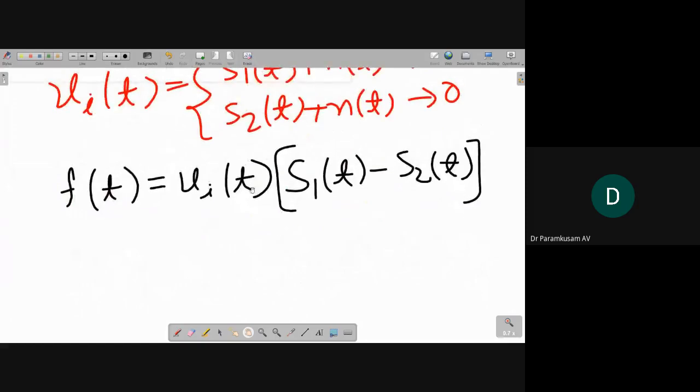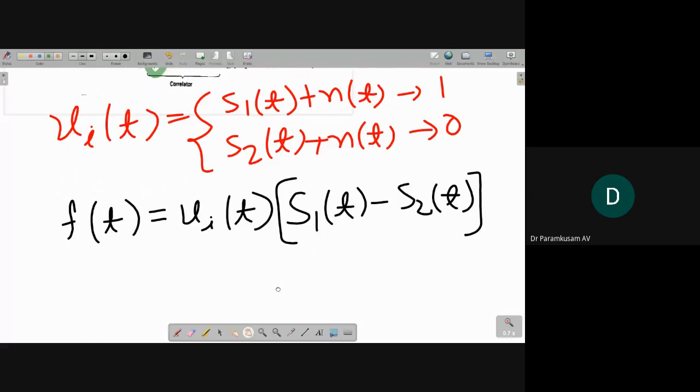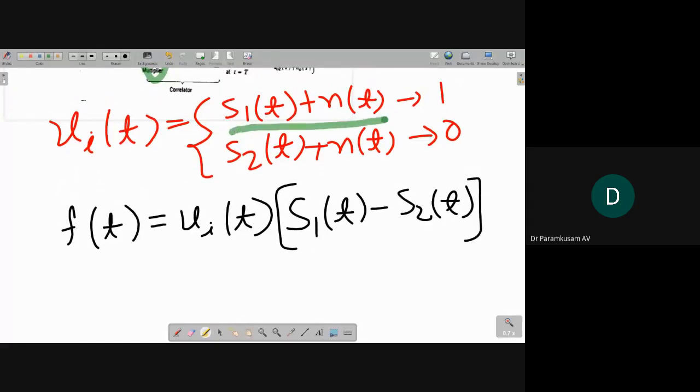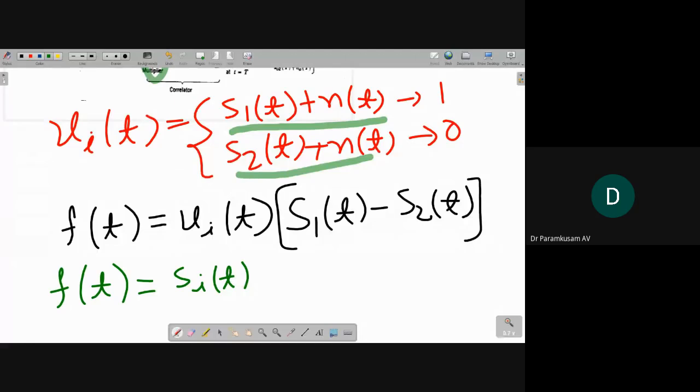So f(t) is equal to Vi(t) into S1(t) minus S2(t). But Vi(t) is equal to either S1(t) plus n(t) or S2(t) plus n(t), depending upon whether logic 1 or logic 0 is transmitted. Then f(t) is equal to, where i is equal to 1 or 2, depending upon whether logic 1 or logic 0 is transmitted,